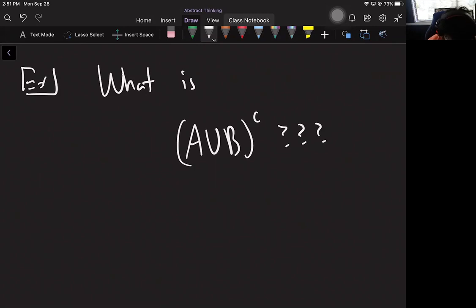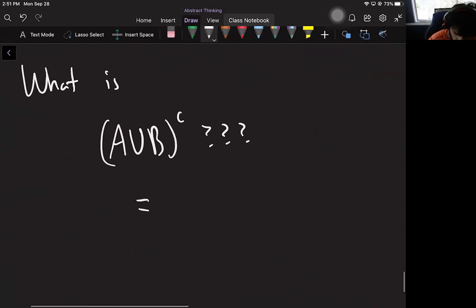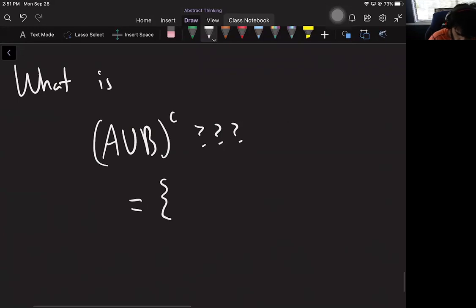Well, then what we can do is we can think about our definitions more. So it's really the set of stuff that is not in the union of the two. So it's not in A union B,